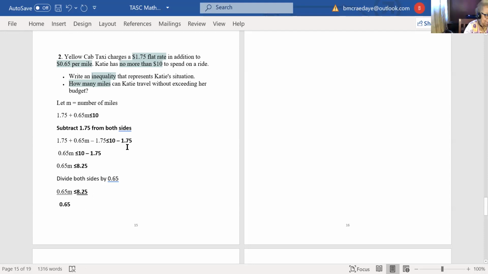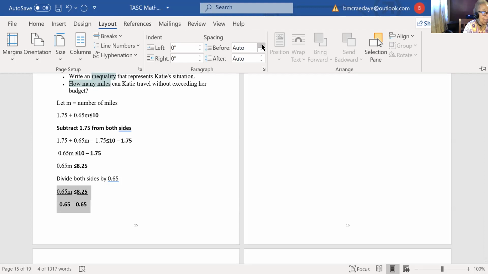Okay. Got it, Maureen? She did it to both sides. She subtracted, and on the left side, it's canceled out because 1.75 minus 1.75 is zero. But she had to do the subtraction from the 10, and that's how she got the 8.25. Okay, now when we divide this,